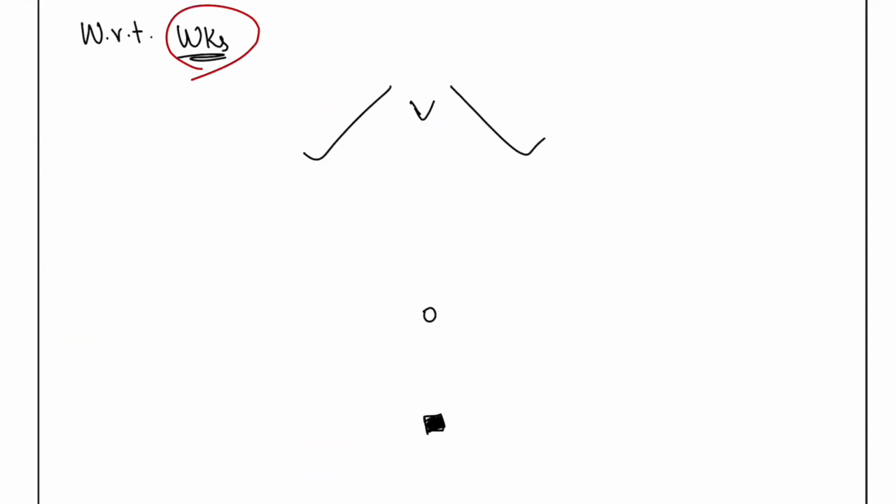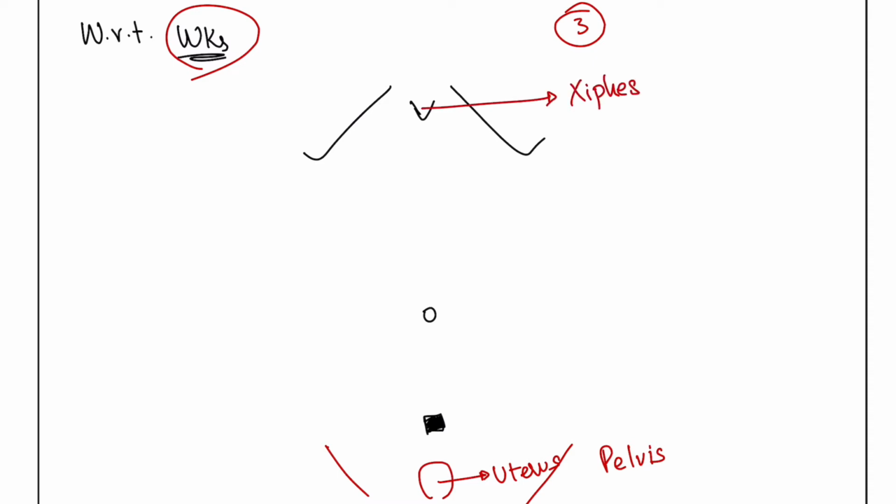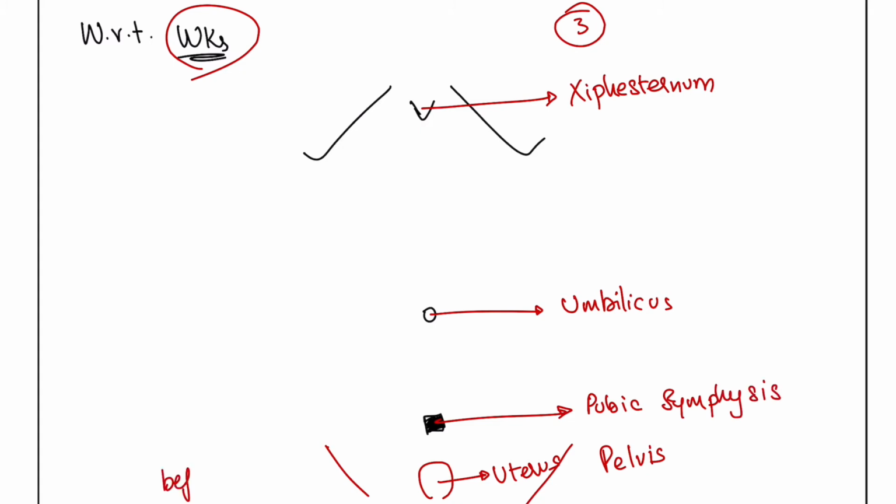Now we are going to see how we measure a fundal height, like what corresponds to what. Initially your uterus will be in the pelvis, so it's a pelvic organ. We're going to have 3 landmark points which will help us identify where the uterus is. This is the xiphisternum, this is the umbilicus, and this is the pubic symphysis. As I told you already, before 12 weeks the uterus is a pelvic organ. It's not palpated in the abdomen, so we are not going to do a per-abdominal examination.